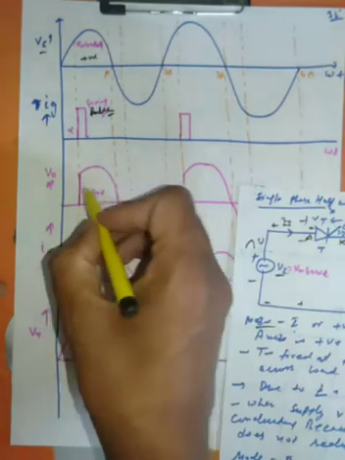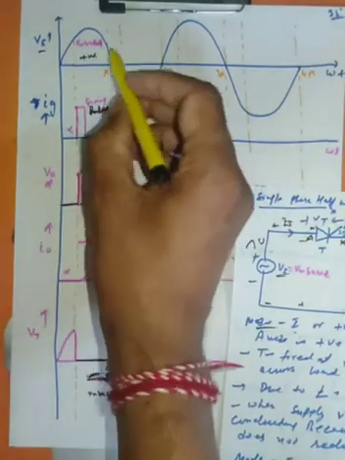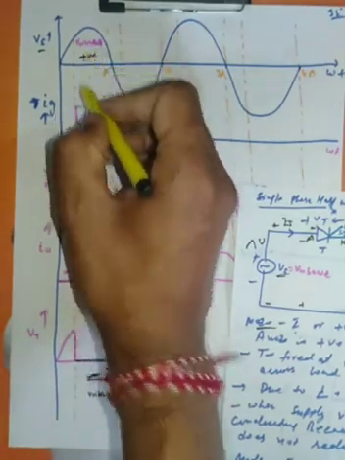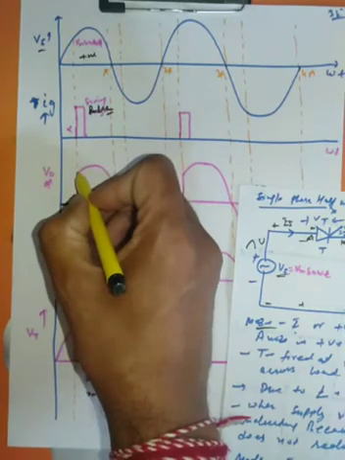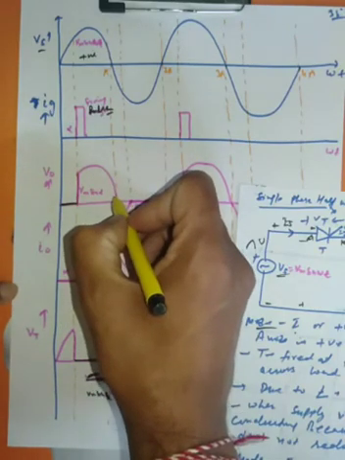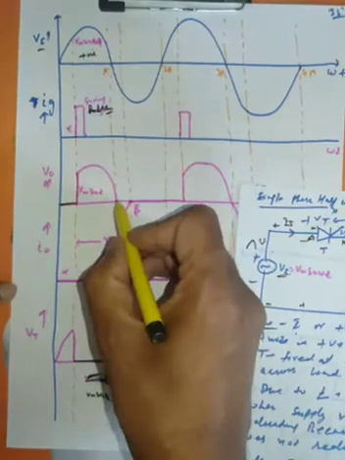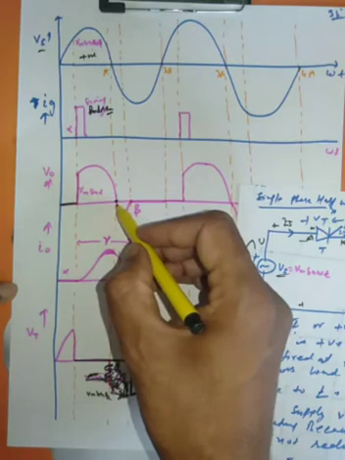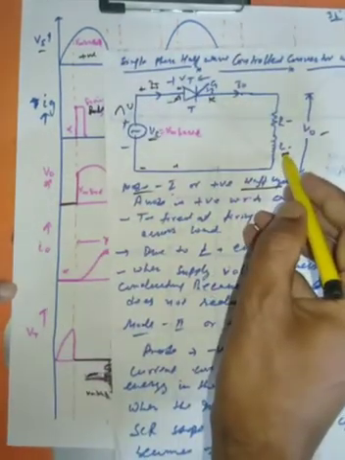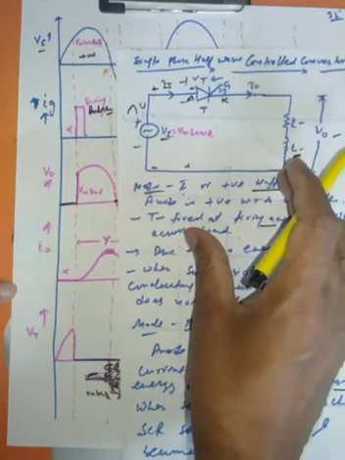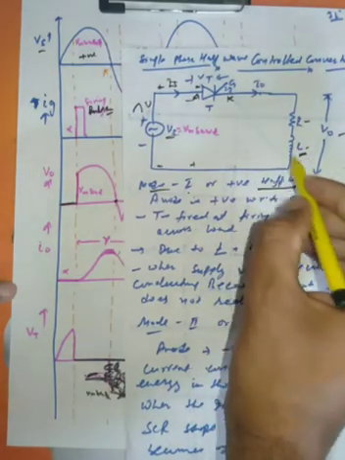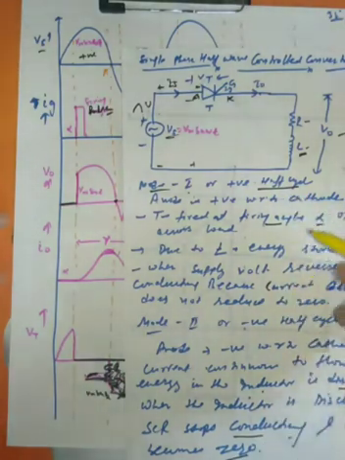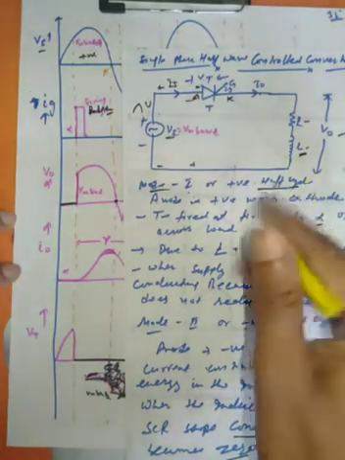Output voltage is initially zero when we do not apply the gate pulse. When we apply the gate pulse and it is forward biased, the thyristor conducts, and the same voltage as the input appears across the output. Due to the inductor, some charge is stored in it, and the current will not become zero; it decreases gradually until the stored charge is exhausted. When this charge disappears, the current becomes zero, and the voltage also becomes zero.